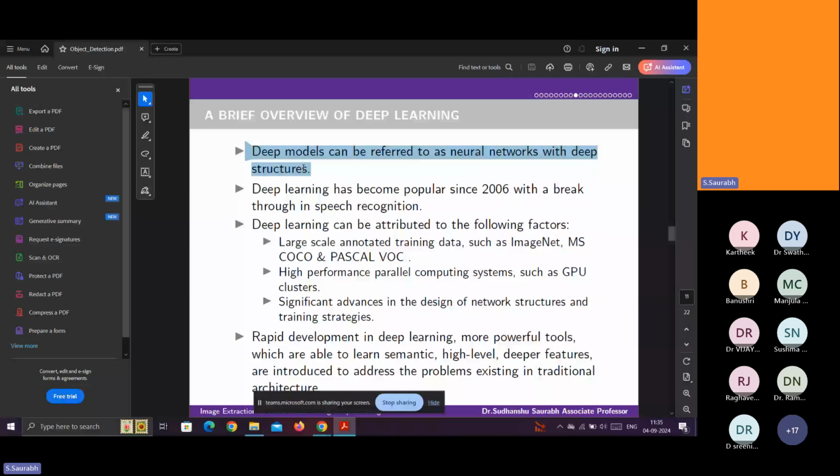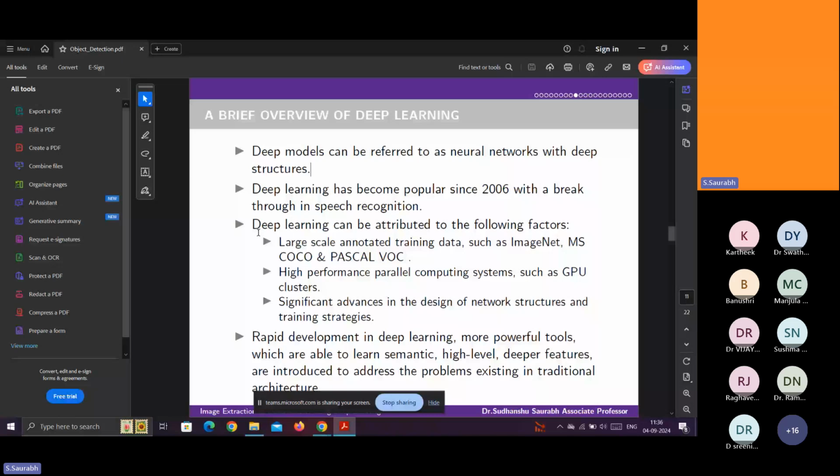Those deep learning models are used for many different things, like speech recognition, because if the video data is there, then you have to recognize the speech also, and many other things. In the video data, image is there, voice is also there, speech is also there, so you can recognize everything. Analysis means you have to analyze each and every aspect of the video. So deep learning models will take care of each and every aspect of the data.